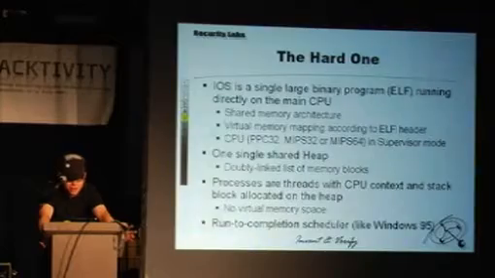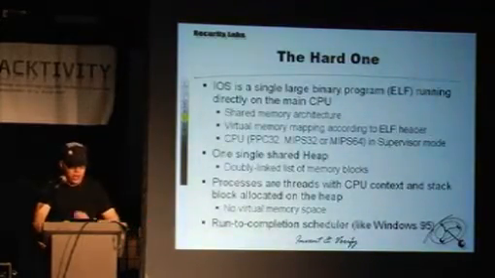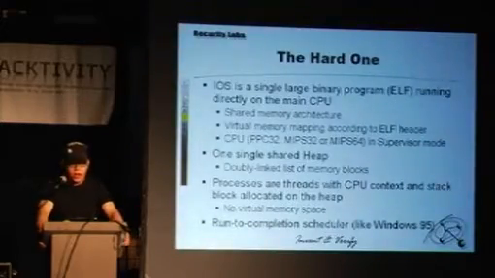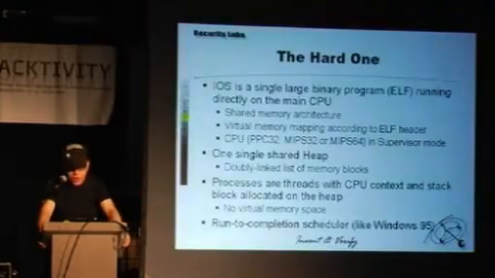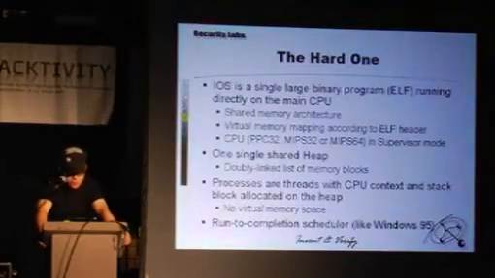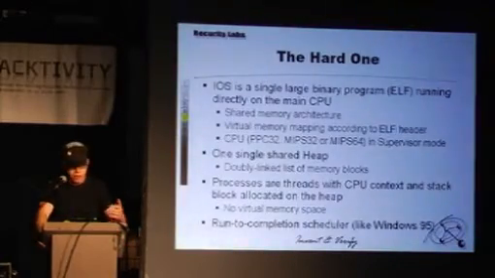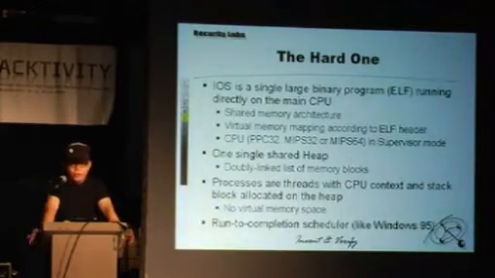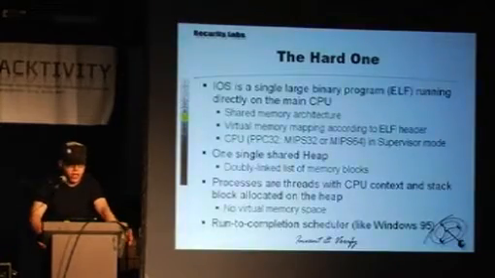So it's a single binary. It's a single monolithic ELF file. So similar to your bin.ls binary that shows directory listings, this is like bin iOS. It's one big program. It's a shared memory architecture. There is very little memory mapping going on, and it runs on PowerPC or MIPS. On those CPUs, you actually have several different privilege levels that you can run in. It would be really wise to use those privilege levels, so therefore Cisco didn't. They're really good at not doing what is right.